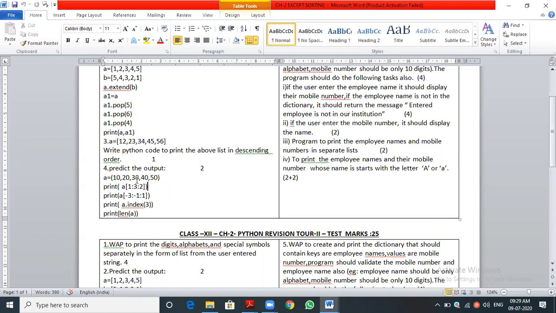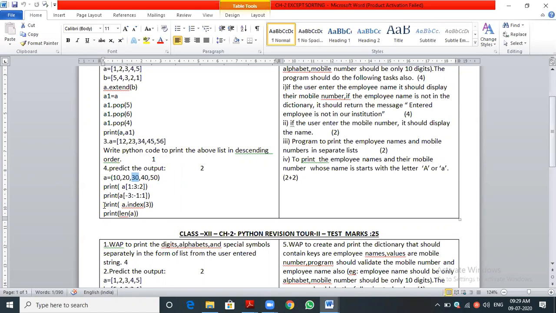34. 30. Here you can see this. 30 is the -3, no? Sorry, sir, 30. Yeah. 30, 40 will print because -3, then till the range is -1. Upper limit is -1. -1 value is 50. Okay. 50 won't print. Step value is 1 only. So 30, 40 will be printed.